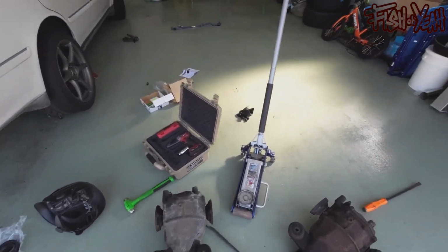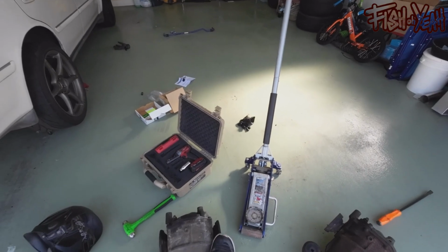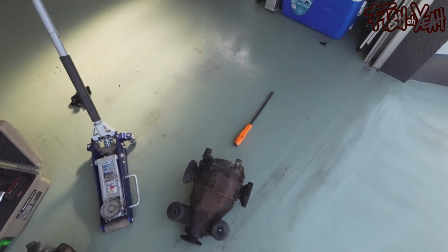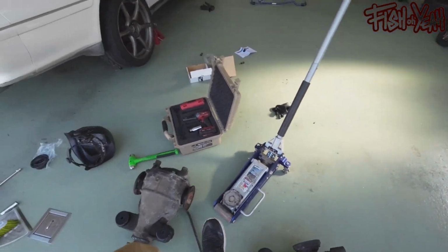This is the two-way that came out of my Progres in the original Progres housing, but these are the Mark II's output shafts or output flanges, because this is a 100 series or 90 series Tour V like torsion diff, and they do have bigger flanges. A buddy of mine and I were trying to figure that out. Like, what's up with this? We were trying to figure out what is the right combo, because you can buy IS300 shafts from the States,